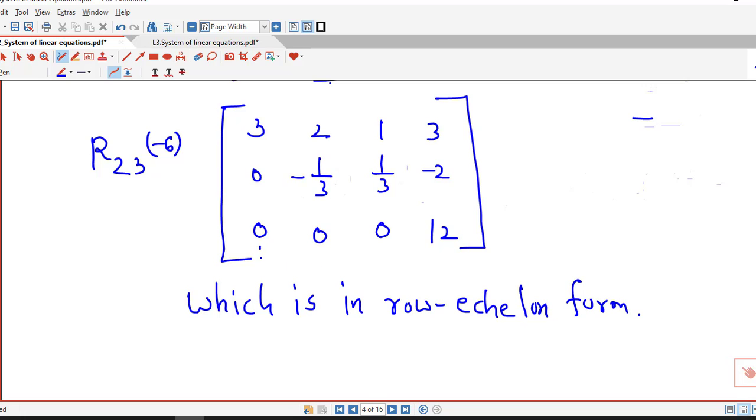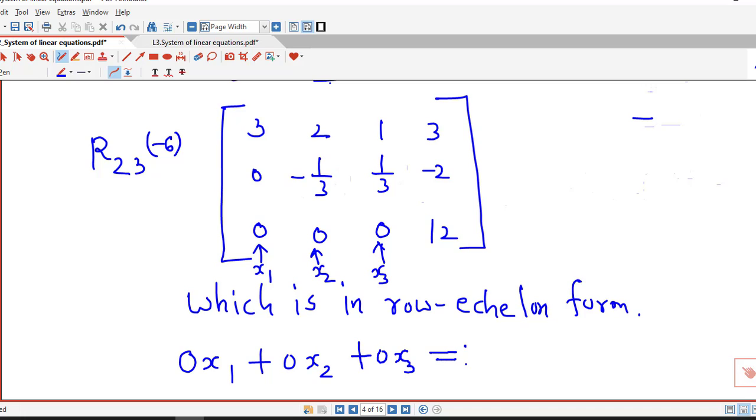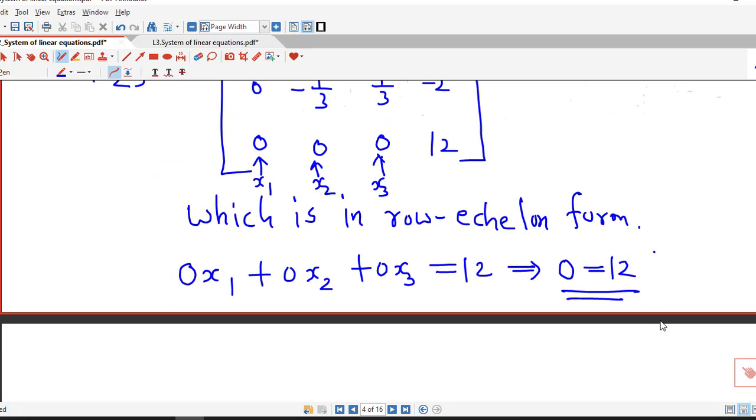And we know that this column corresponds to x1, this is for x2, and this is for x3. So if we write down this system corresponding to this row echelon form, then the last row of that system is 0 into x1 plus 0 into x2 plus 0 into x3 equal to 12. This implies 0 equal to 12, so which is not possible. So we obtain contradiction,